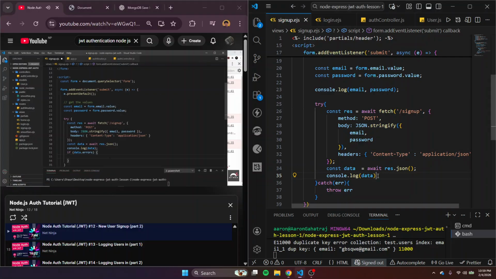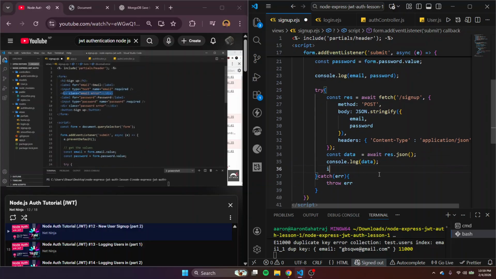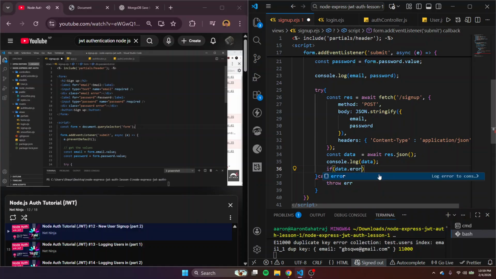And what do we want to do in here? We want to output the errors. And we want to output them in this field if there's an email error and this one if there's a password error. So first of all, we need to grab those from the DOM. So let me say const emailError, we'll call this, and set it equal to